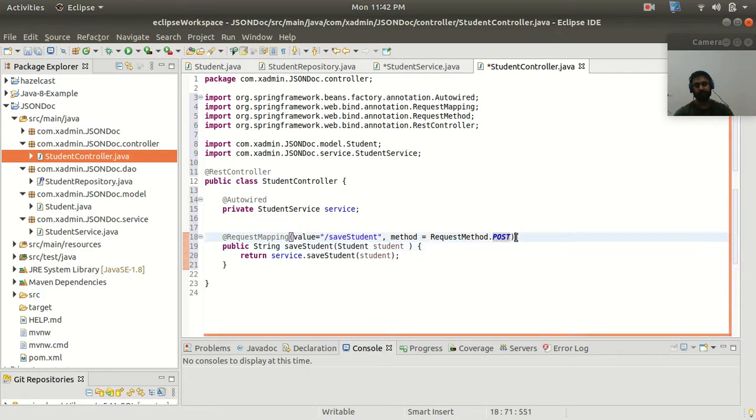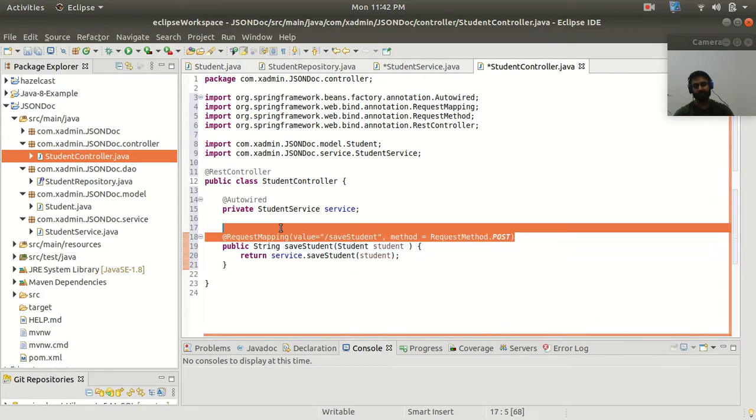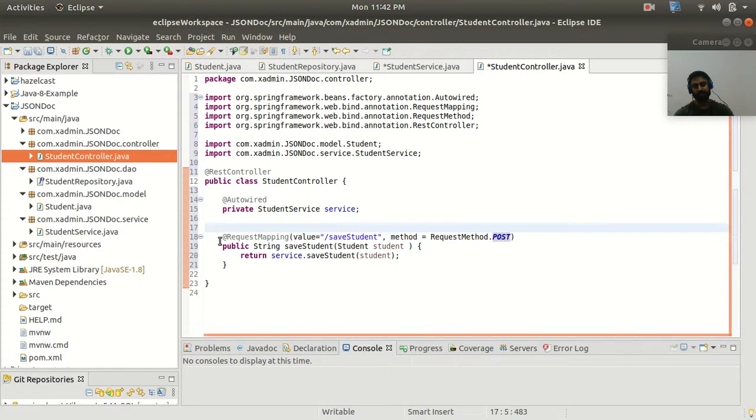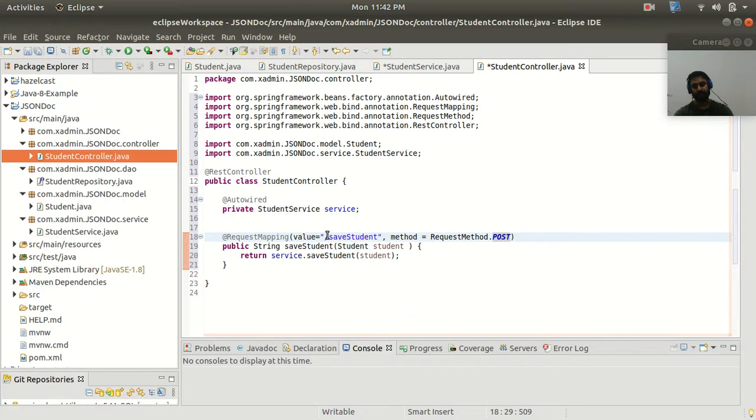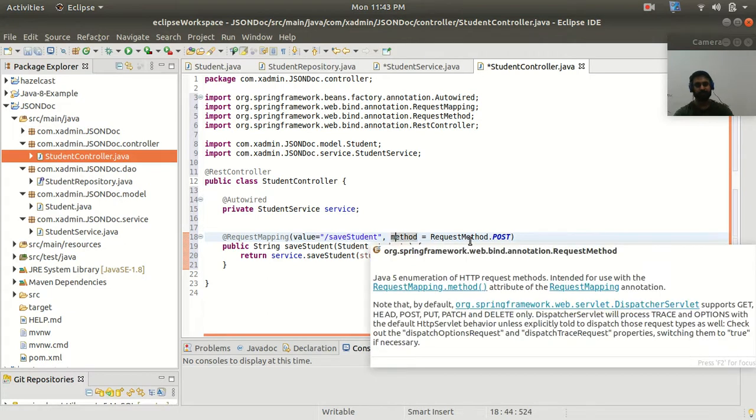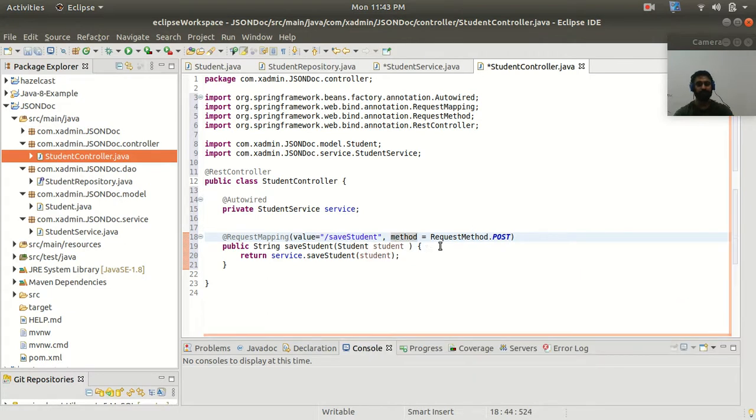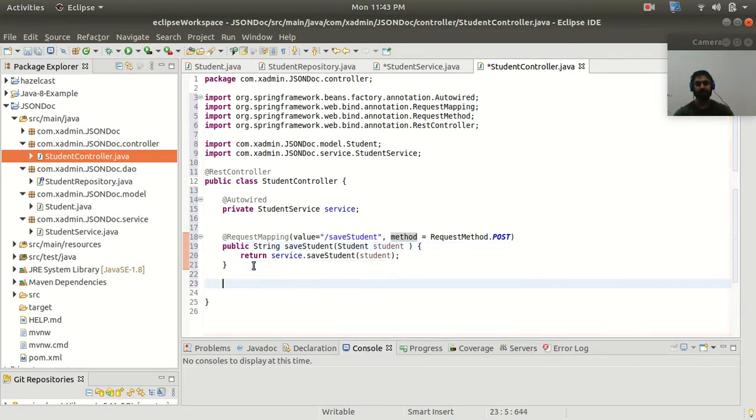So here guys, @PostMapping does not work with the JSON, so that's why I'm using @RequestMapping, and here I'm providing the URL inside my value key, and also inside my method I am writing RequestMethod dot POST, so that it will be called when we are requesting with the HTTP post method. So this is the endpoint for saving a student inside my database, right?